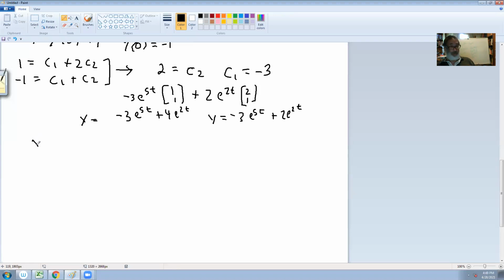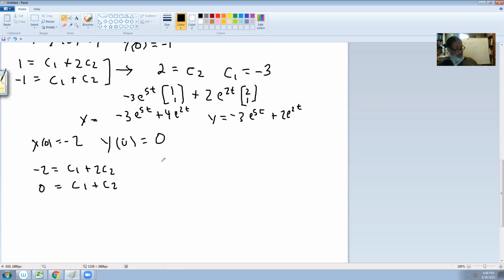x of 0 is minus 2, and y at t equals 0 is going to be 0. Then we get the following equations. Minus 2 is equal to c1 plus 2c2, and 0 is equal to c1 plus c2. And solving these two right here,